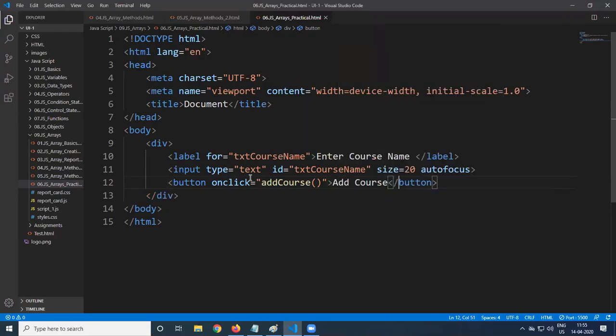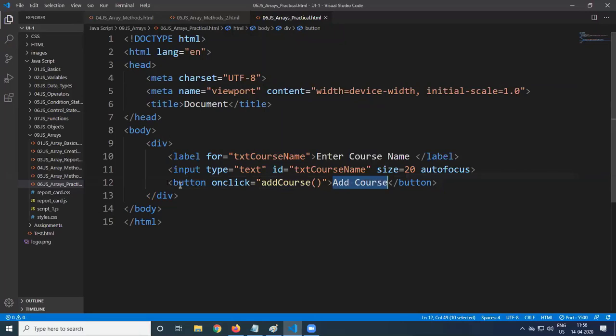Add codes is a function and the label is add codes. So this is what the first part that we have. So label for, in division, we need to have all this data. Label for txt codes name, enter codes name, input type is equal to text, ID is equal to txt codes name, size is equal to 20, autofocus, button onclick is equal to add codes, and we got add codes.